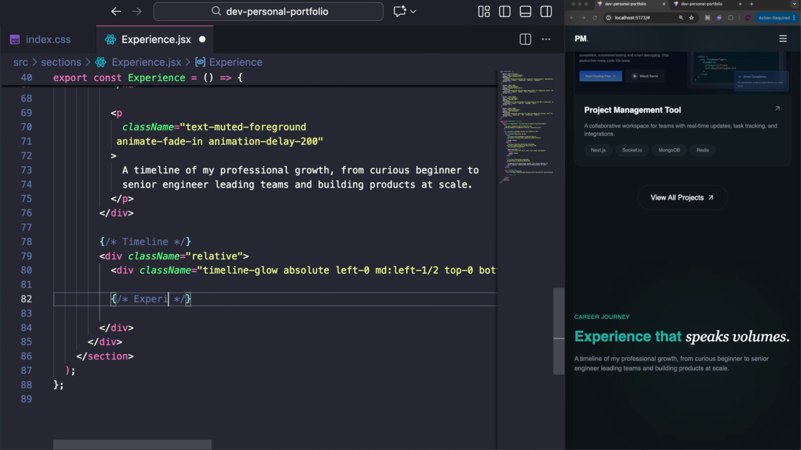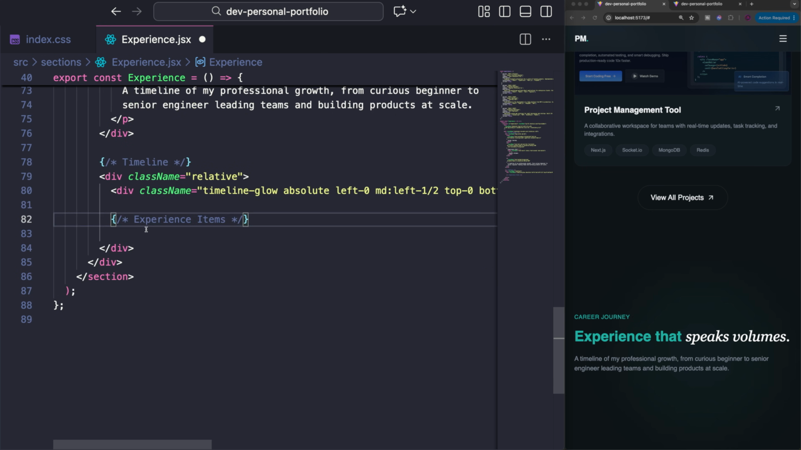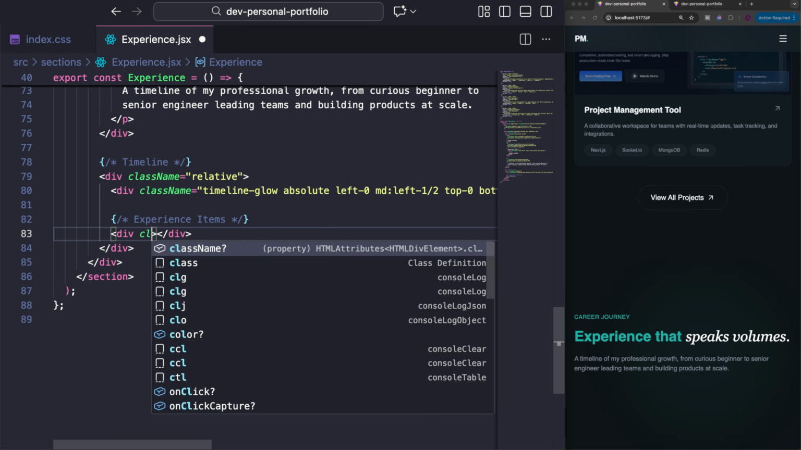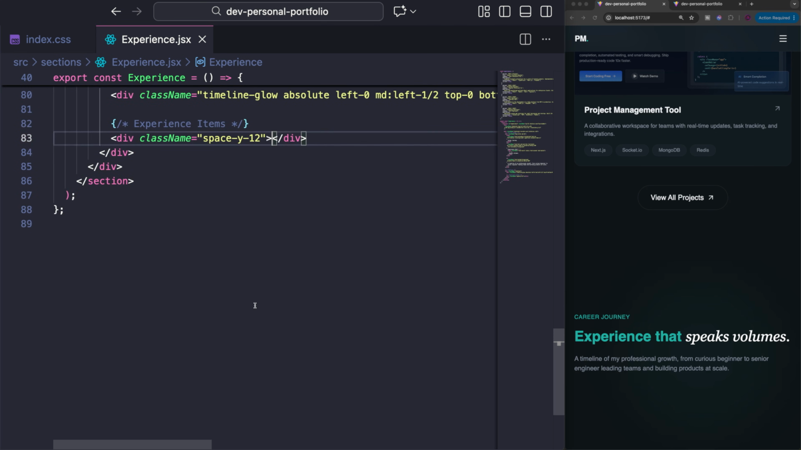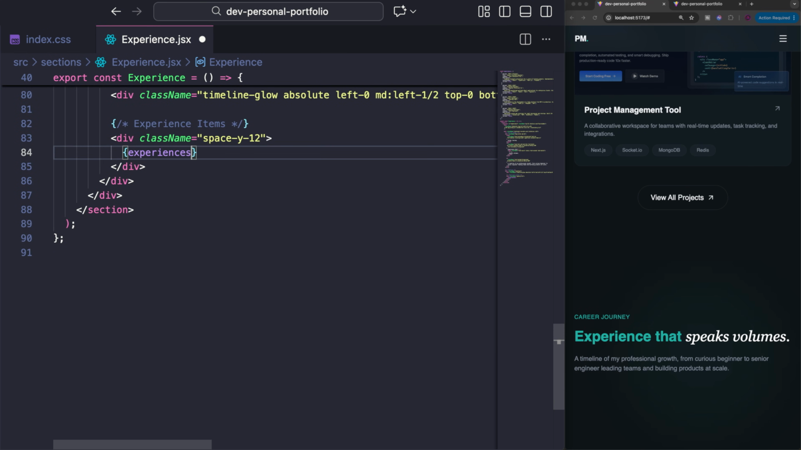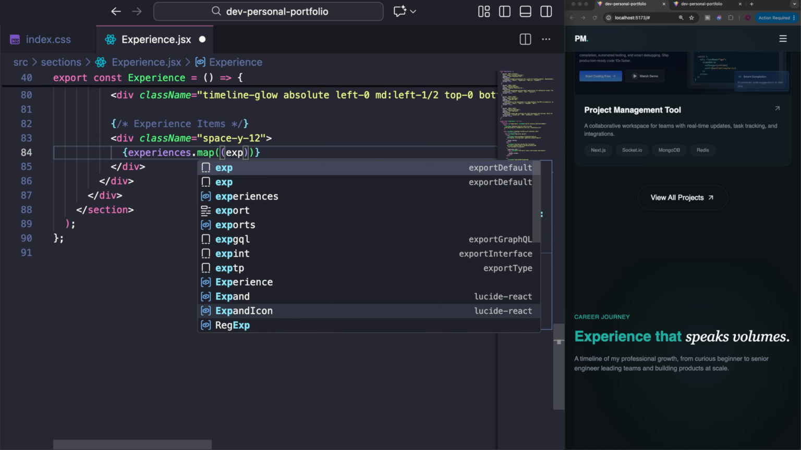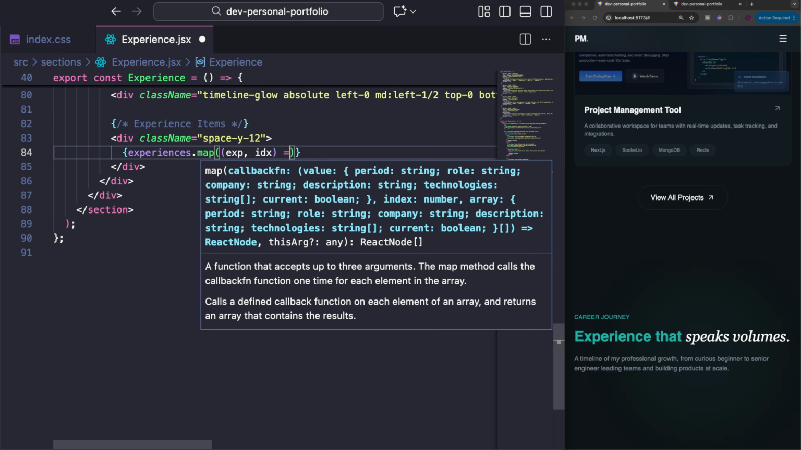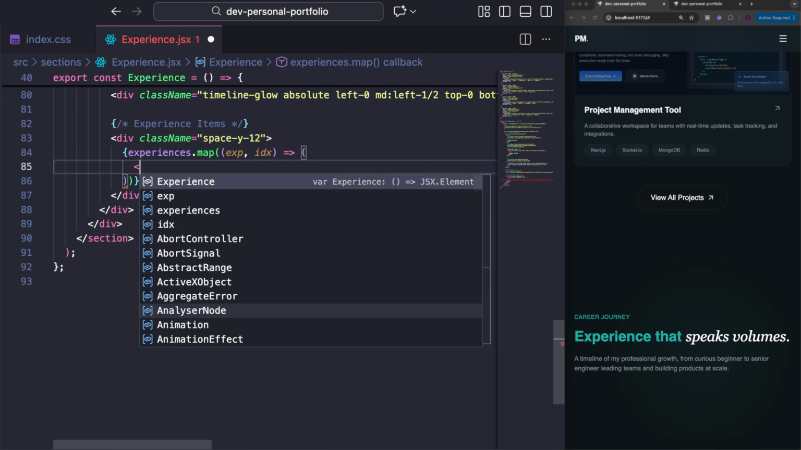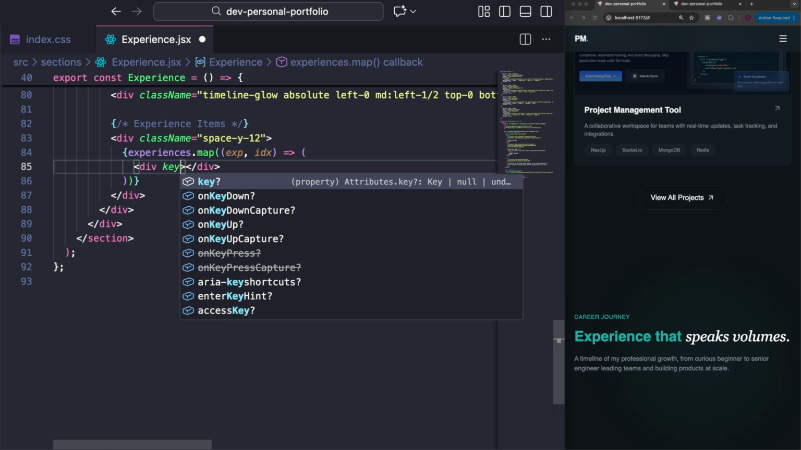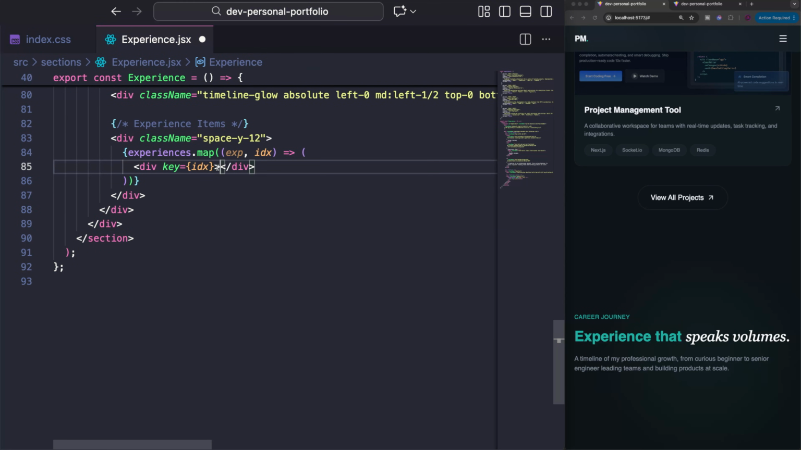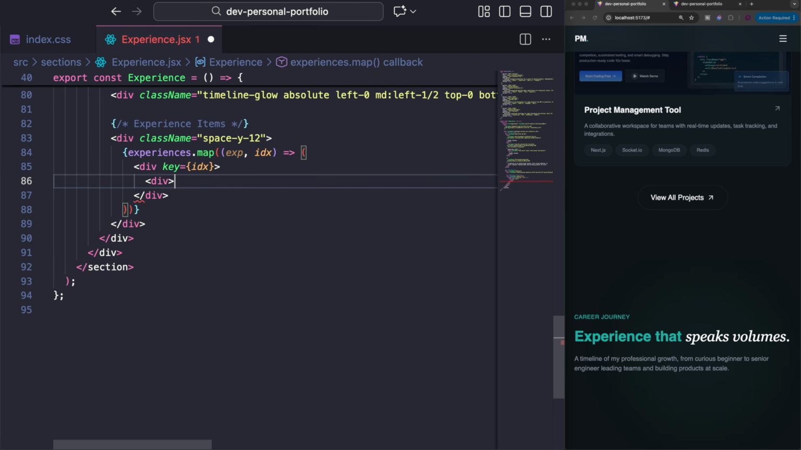So I'll say here experience items. To do that, we want to use a div that will have a class name of space y12. Then in this div, I want to loop through the experiences list, map each of them, get the experience and the index. And then for each of them, I want to render a div. To start things off with this div, I want to set the key of it to be the index already, so I don't forget. And then inside of this div, I want to render another div that is going to actually determine if the experience is the